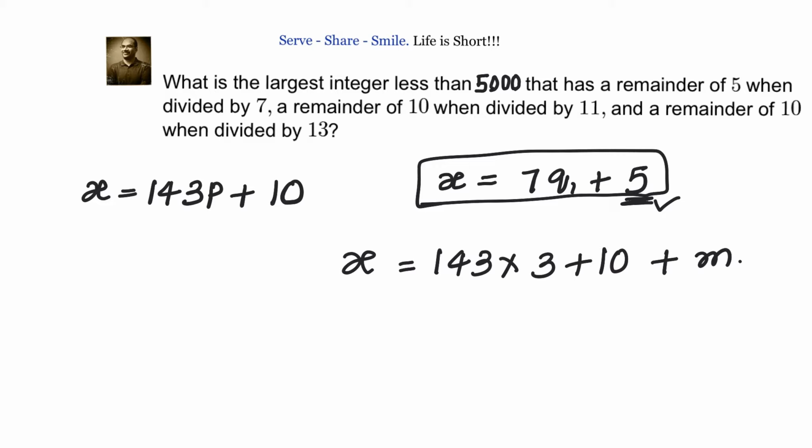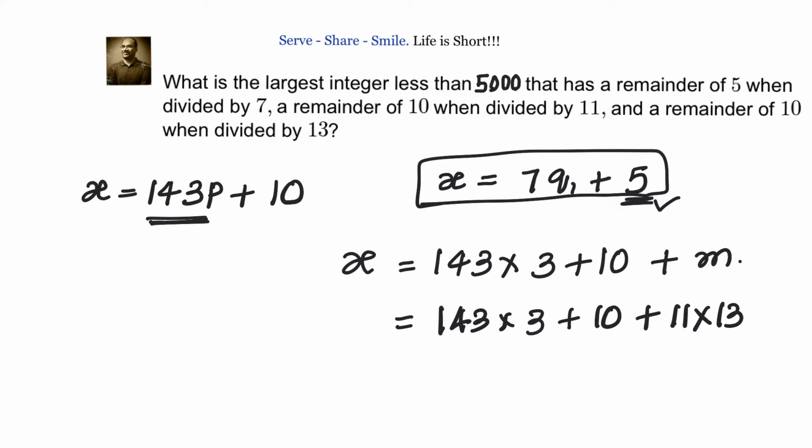Then only this remainder 5 will be intact. That means my number m should be a multiple of 11, 13 and 7, or can I say 143 into 7. So let's write it down. So x equals 143 into 3 plus 10 plus m, which is 11 into 13, because we know it should